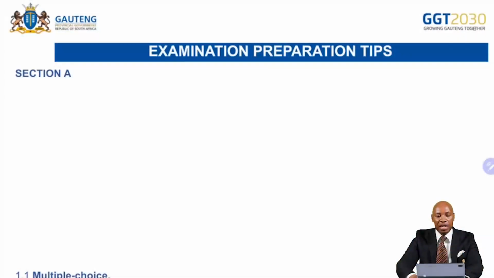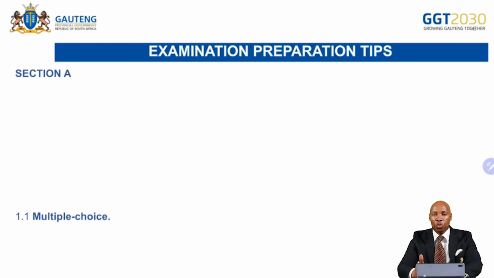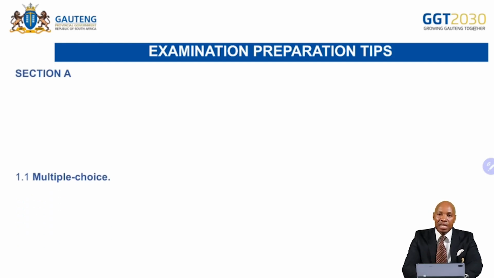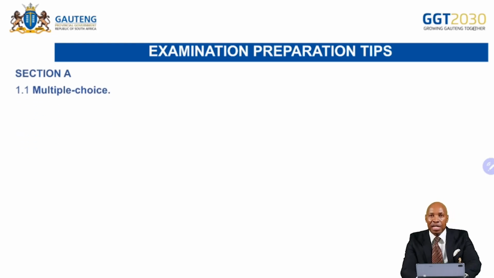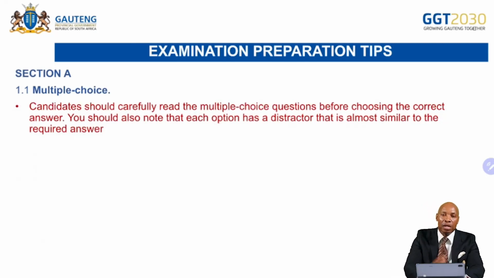Now, for your section A, it's a multiple choice question. Remember your section A has 1.1, 1.2, and 1.3. And your section A questions are taken from the 5 subtopics. By the way, which are your subtopics? Legislation, business strategy, business sectors and their environment, business human resource, and quality of performance. Those are your 5 subtopics. Now, let's look at the multiple choice question.